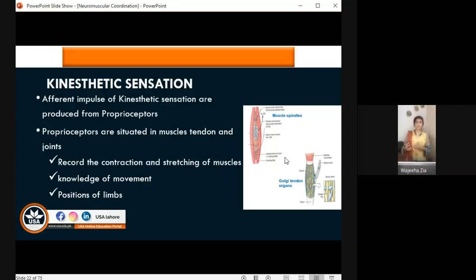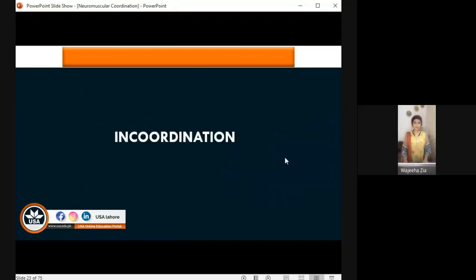And the next thing, knowledge of movement. If you want to walk, which movements are required? If you want to put something in your mouth, which movements are required at the elbow, shoulder, hand, and wrist joint? So it's knowledge of movement. And the second one is the position of the limbs: in which position you can perform any activity by keeping a proper posture. So it was about their coordination. The coordination movements are